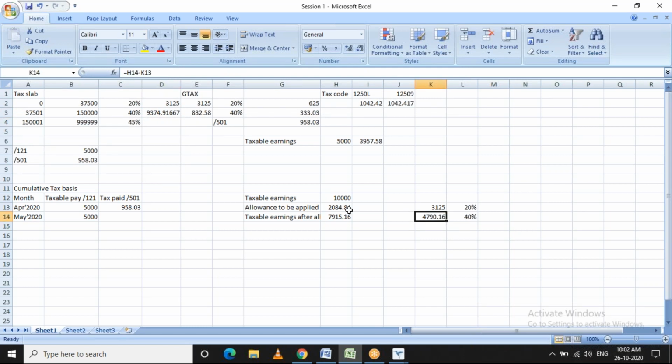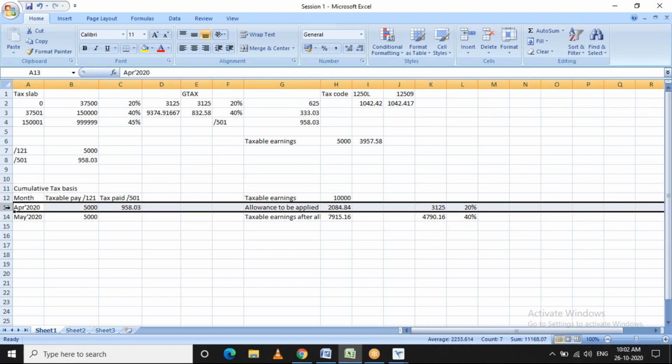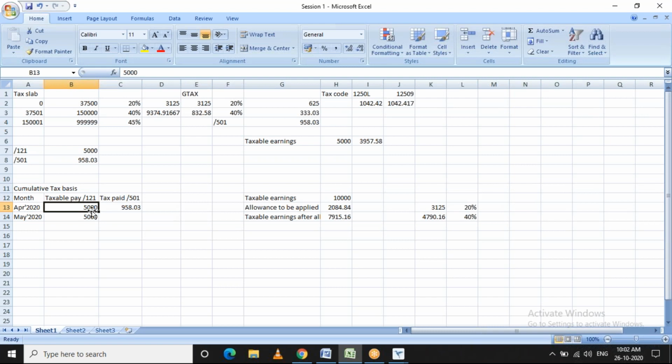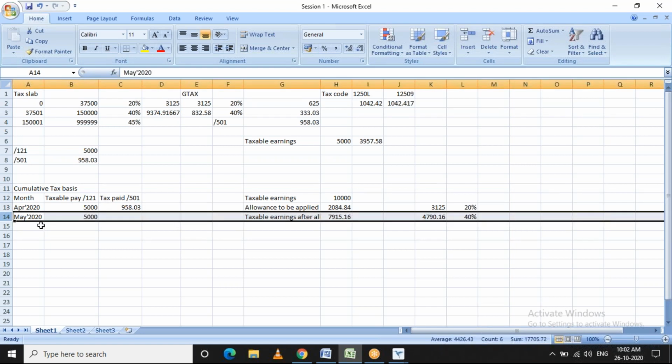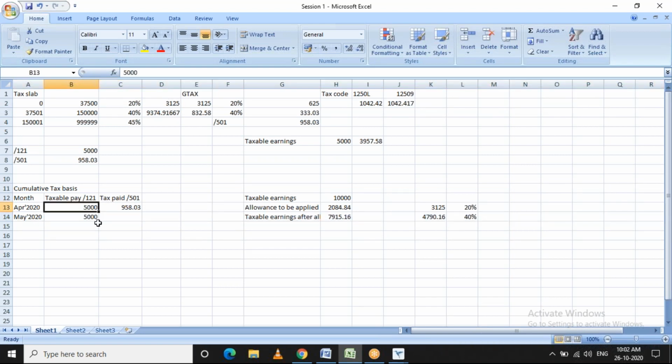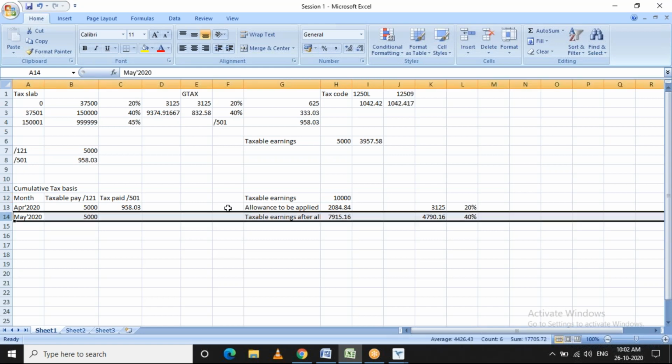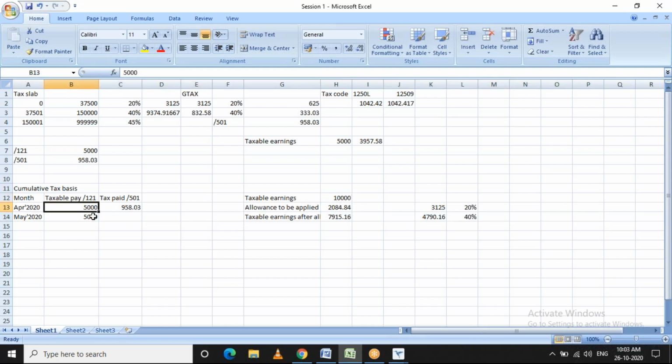So I'll repeat again. On the cumulative tax basis, in April, the first period of the tax year, even though it is cumulative, it will only consider the first period figure for calculating the tax. In the second period, it will consider the taxable earnings from the first period and then arrive at the total value. For example, when you are running May payroll, the taxable earnings from April and May will be considered first.